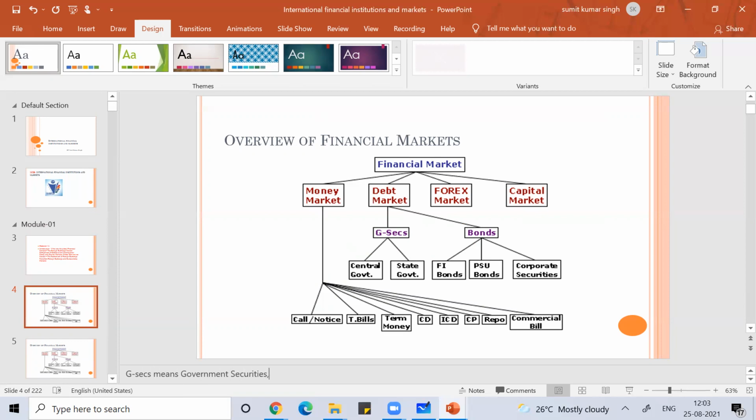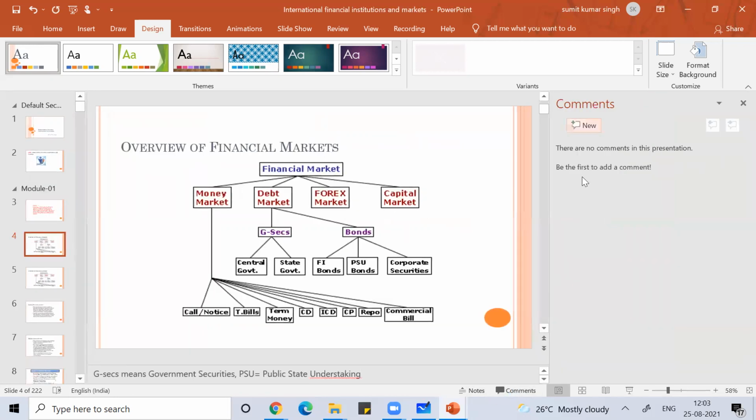Okay, so PSU. Suppose I don't remember what is PSU. So PSU means public sector undertaking. Are you getting it? So like that, you can put notes, comments. You can put comments.